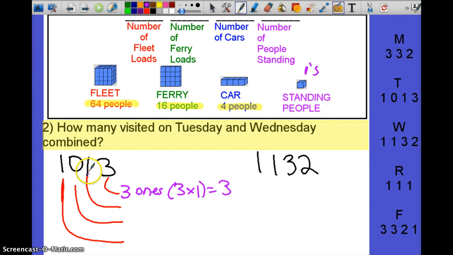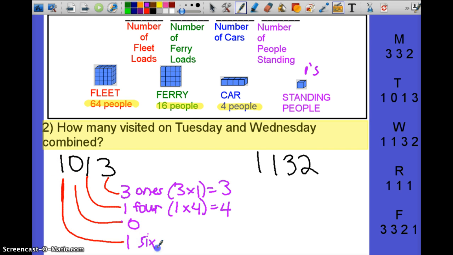The digit 1 is sitting in the 4's place, so that means there's 1 group of 4, which means 4 people traveled by car on the ferry on Tuesday. The 0 indicates that there's no value. No one took a ferry on this day, meaning there's 0 16s, so just 0. And then the digit 1 is sitting in the 64's place, meaning there's 1